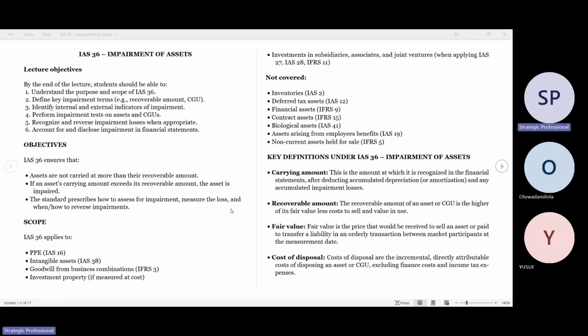So before I talk about impairment, it's important for you to understand one of the fundamental characteristics of financial information. Mr. Yusuf, do you have ICAN too? Yes, I do. Oh, okay. So that means it makes my perspective make sense. Okay, that's fine. Because Dami also has ICAN.